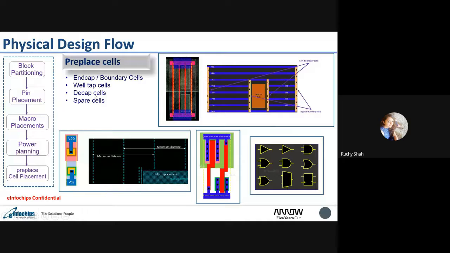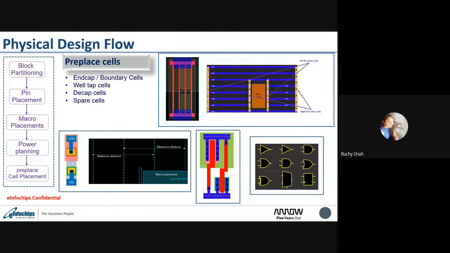Okay, the next important pre-placed cell is the well tap cell. Well tap cells tap your N well and P well to VDD and VSS. It was not required in earlier designs. If you recall the 180 nanometer technology designs, there were no well tap cells. At that time the standard cell was designed with the tap inside each and every standard cell.